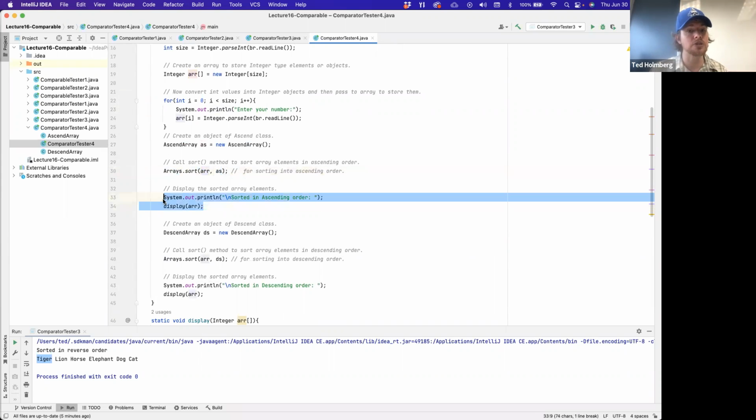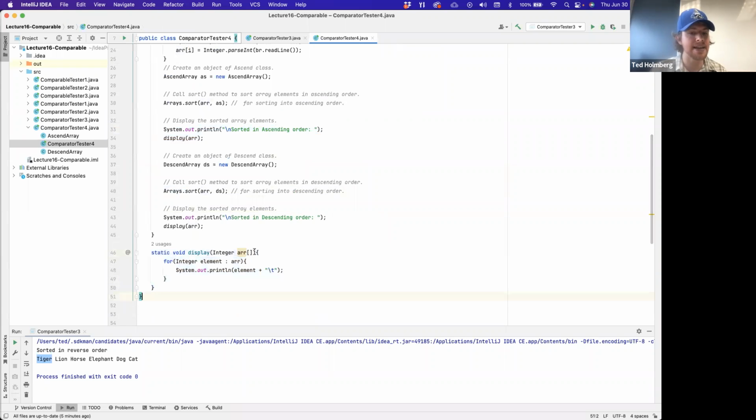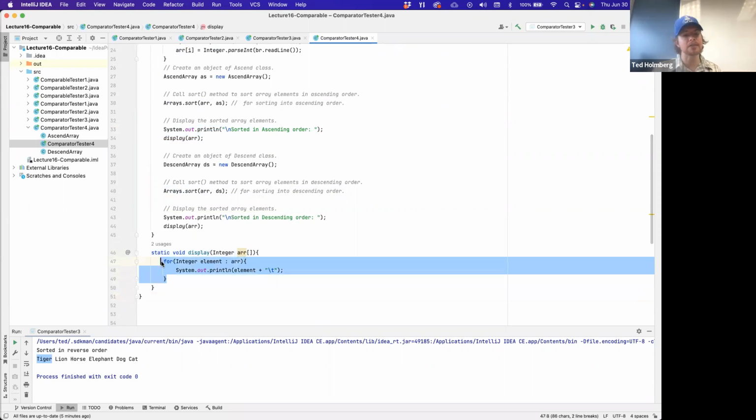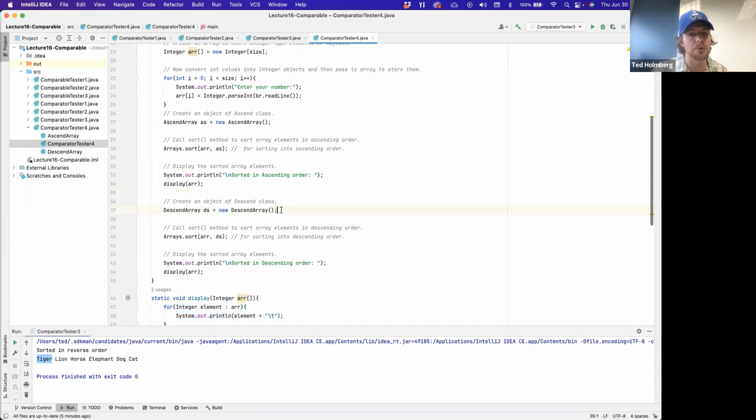And then we're going to display that array, and that's just a helper method here, a static helper, where we can pass in an integer array, and we just have this enhanced for loop that iterates through and prints out each element. And then we're going to do the same thing, but in descending order. We're going to create a new comparator instance here, a DS, which is the descend array comparator. We'll call the arrays sort method on our primitive array using that new comparator instance, and then we're going to display the array. So now if I go ahead and run this,